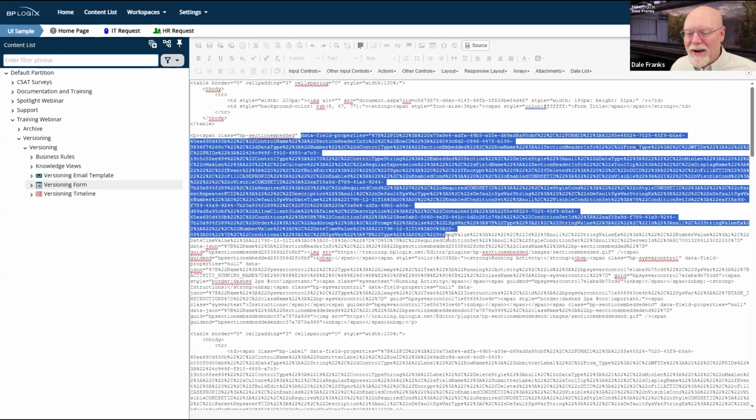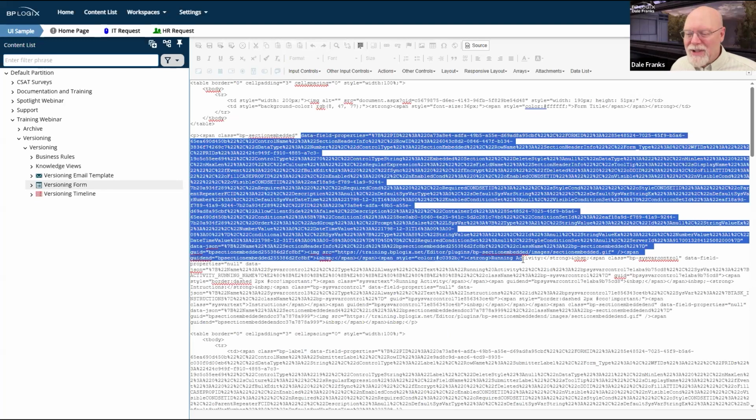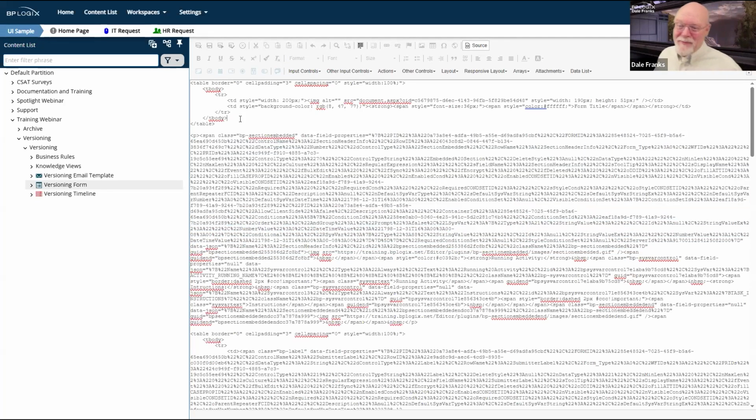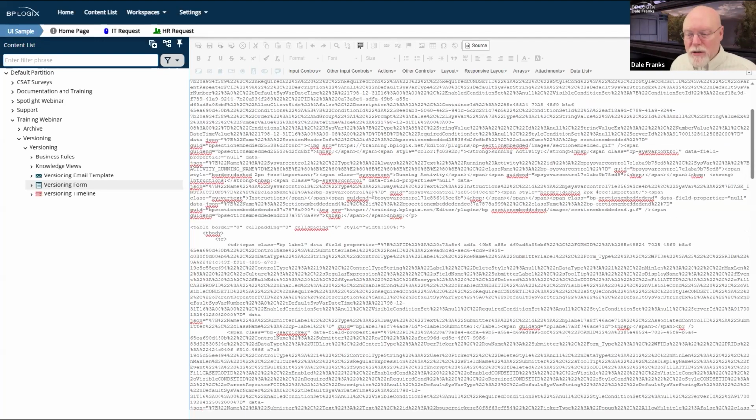Oh, great. It's got JSON stuff. It's got a whole bunch of stuff in it that just gets thrown into that HTML. I don't really know what it means. In some sense, despite the several faults that it had, the Word designer was a lot easier to use. But again, that's dead. So this is what we're stuck with.